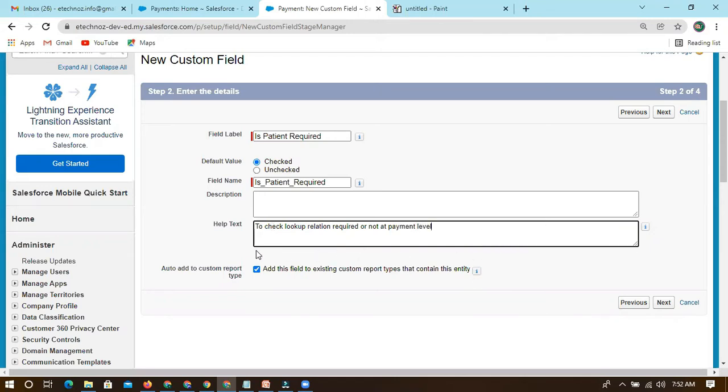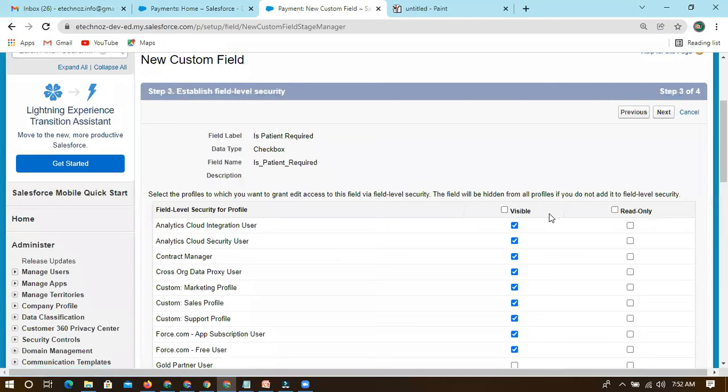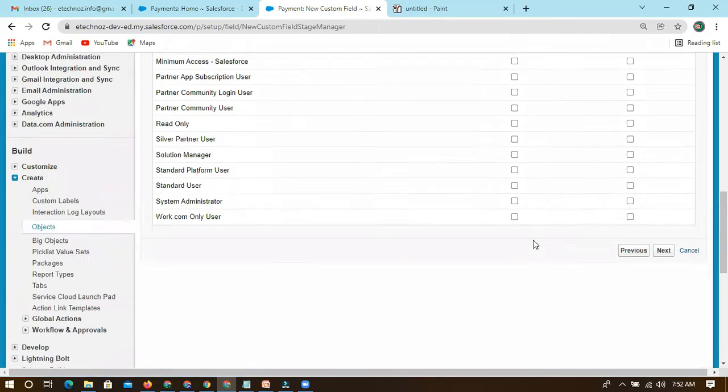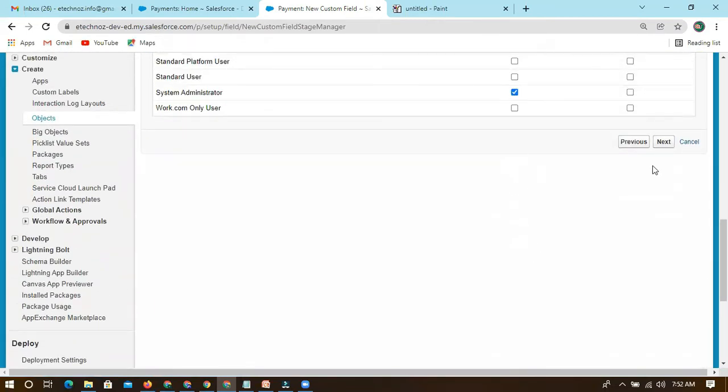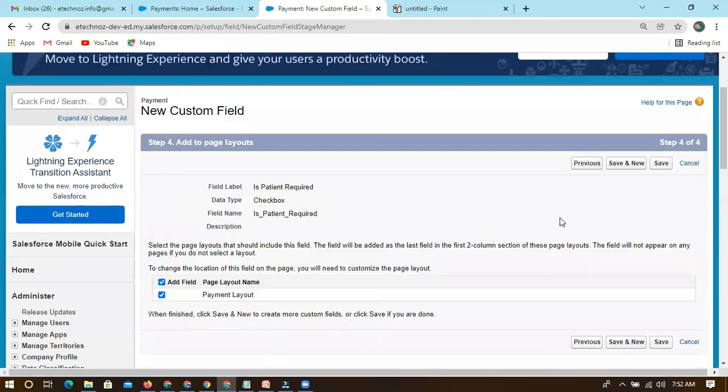I'm just adding some text so that going forward we will remember by saying this. The default value I've given is true only, and the rest of the steps, you know how to do all this. I'm just quickly creating all this. So layout and save this.